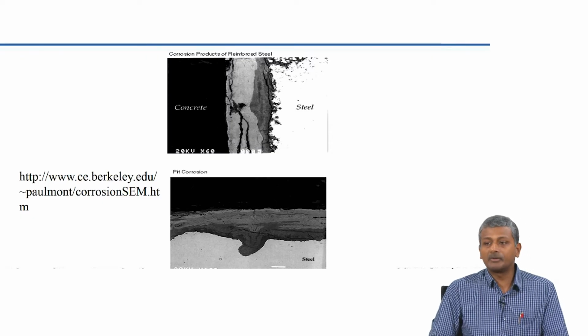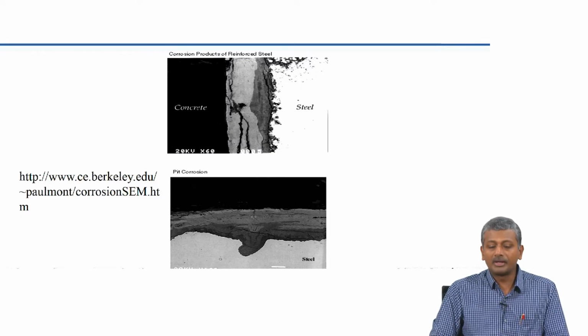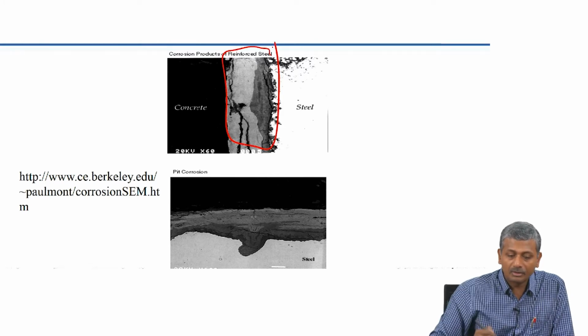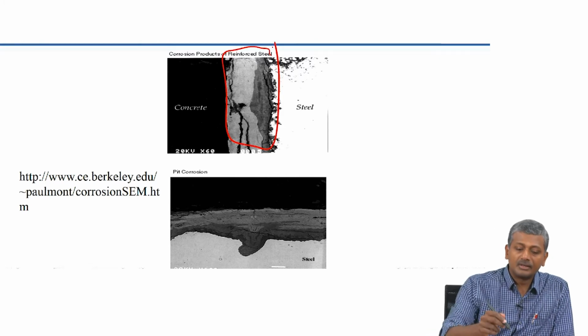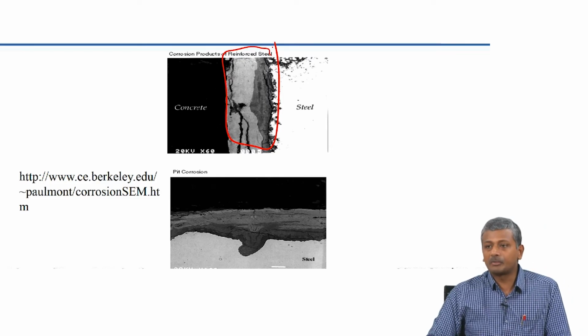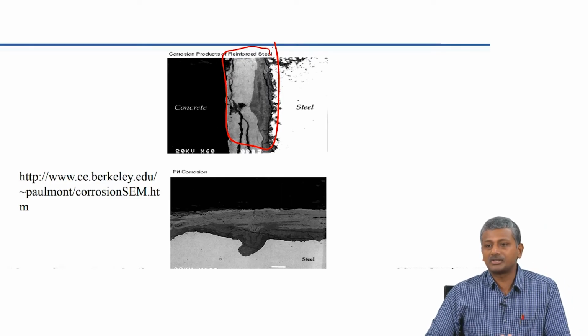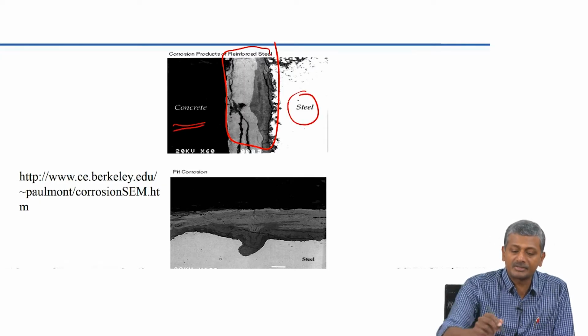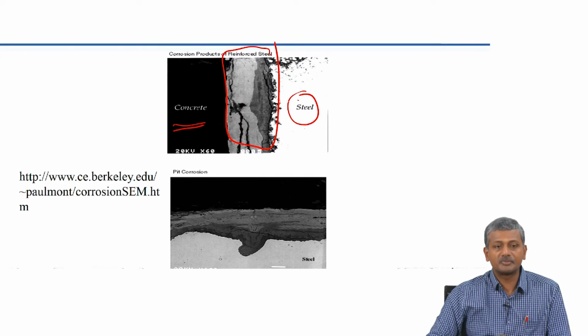This is a microscopic image of a uniform layer of corrosion products on the steel surface. You see here, there is a uniform layer of corrosion products on the steel surface. This is done with microscopic imaging where the binarization has been done. Concrete has been made entirely black, and steel, because of its much higher density as compared to concrete, has been